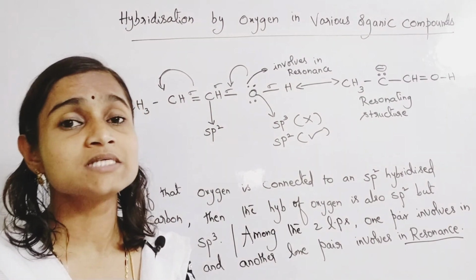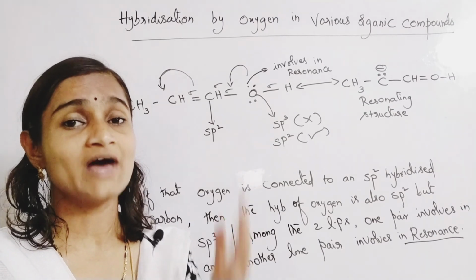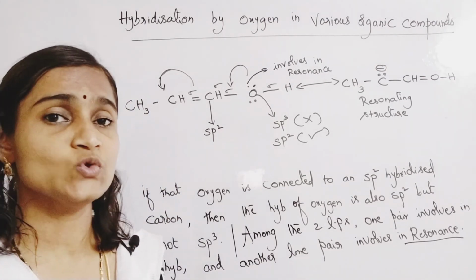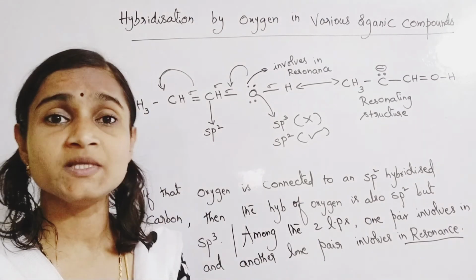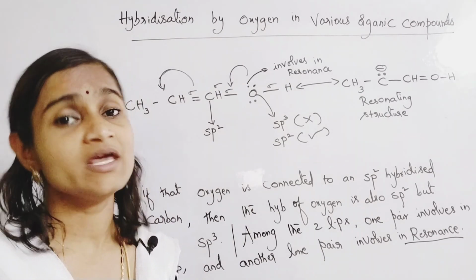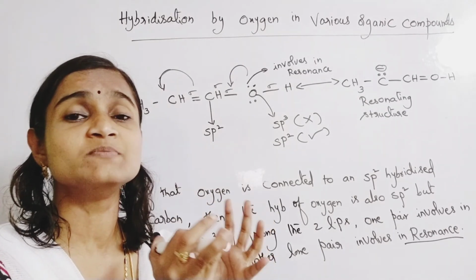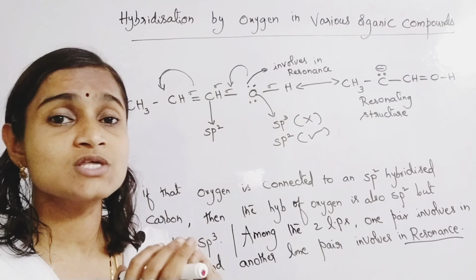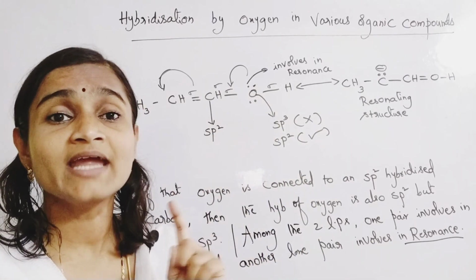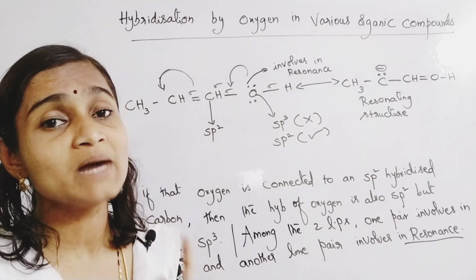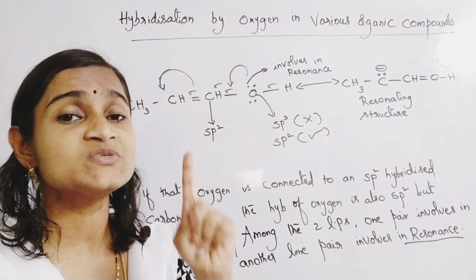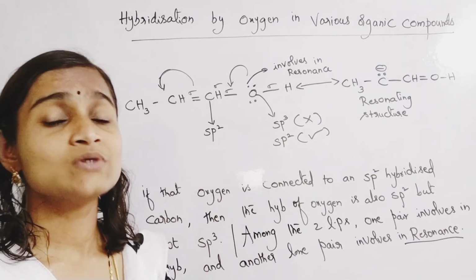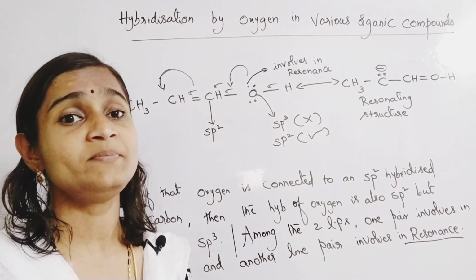Remember, oxygen exhibits sp3 hybridization in case of alcohols and ethers, and sp2 hybridization in case of aldehydes and ketones. A special case of sp3 hybridization is the hydronium ion H3O plus, where a dative bond is present between a water molecule and H plus, so that one pair of electrons is donated by oxygen to H plus ion, and that dative bond is also treated as a sigma bond only. So you will find 3 sigma bonds with one lone pair in H3O plus ion, as I discussed before. It forms a pyramidal shaped molecule.